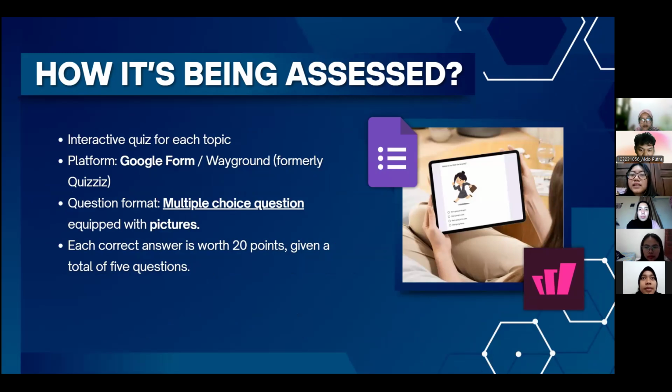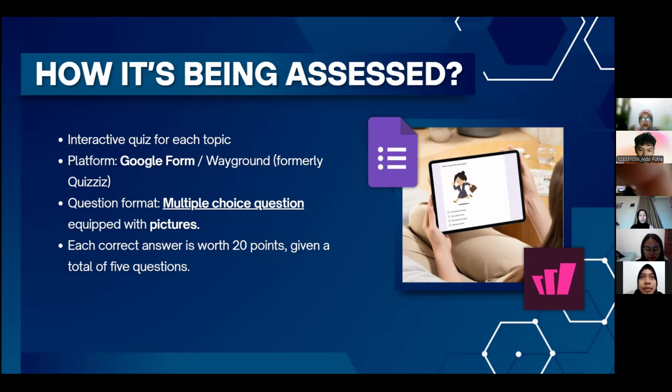My name is Marcela Pinastia Hendrianti, and I'm going to explain how we are going to conduct the assessment. For the assessment, we will have an interactive quiz using the Google Form platform.